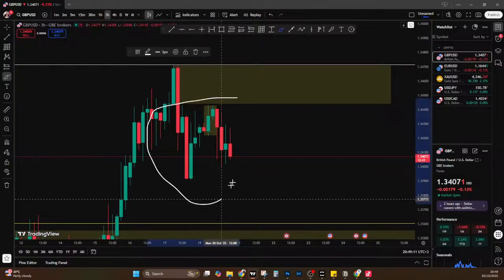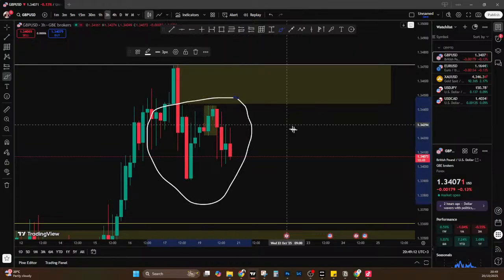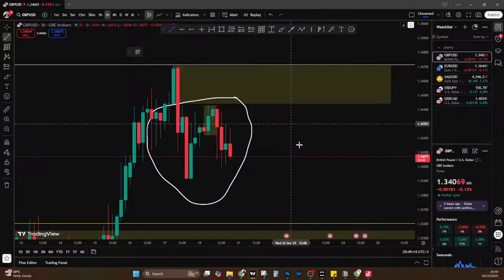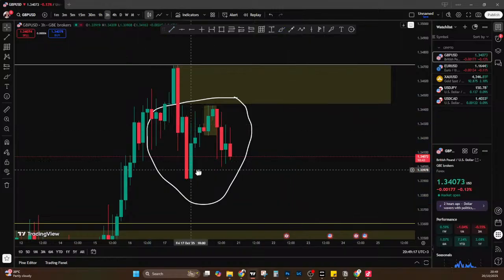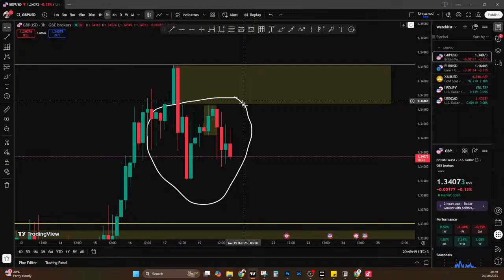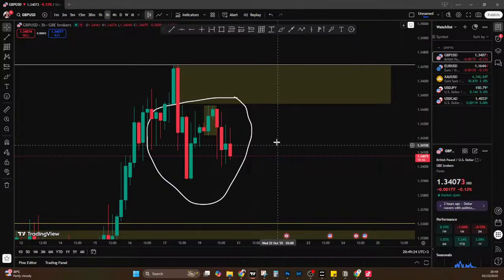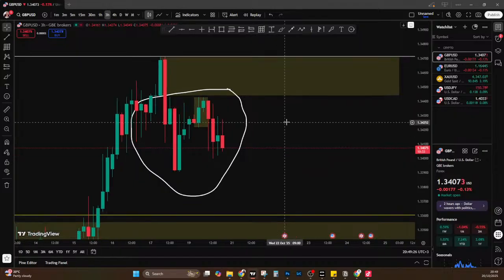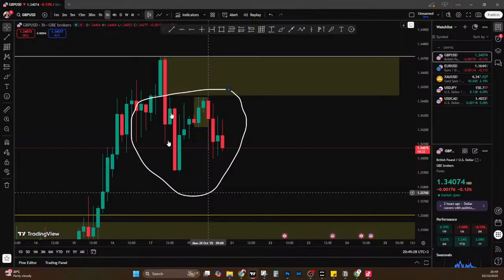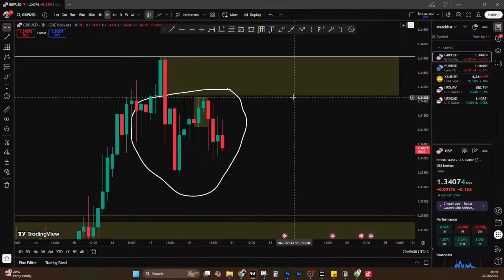You see this area, because this is 3 hours. Let us see whether we can see an order block that can lead for a buy to this point. If we don't see any, we still need to sell this market until this point. Because what the market is doing is that it is selling from